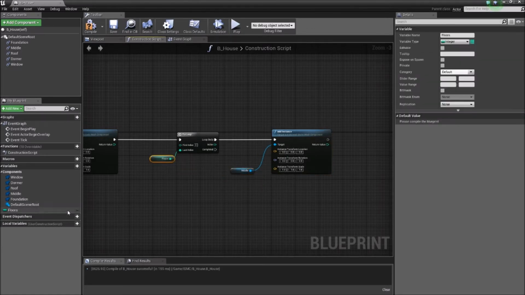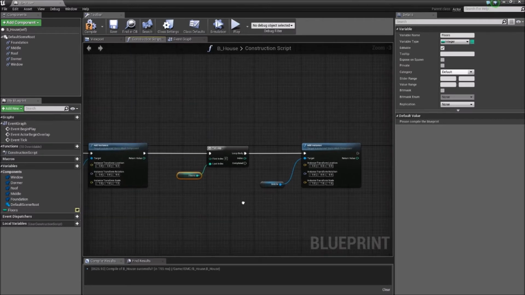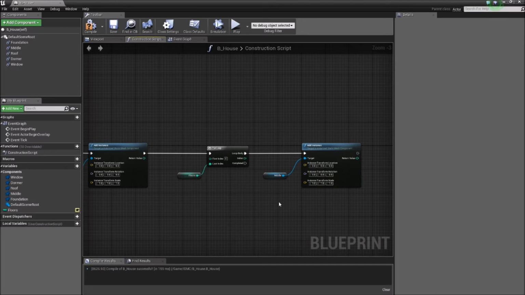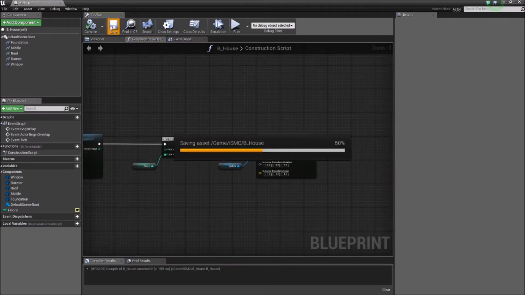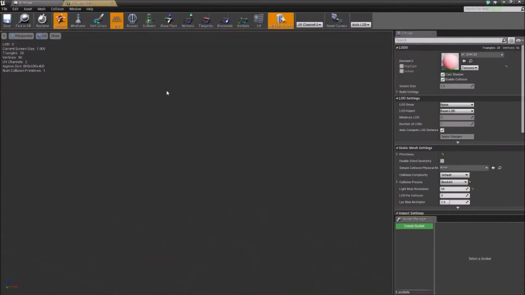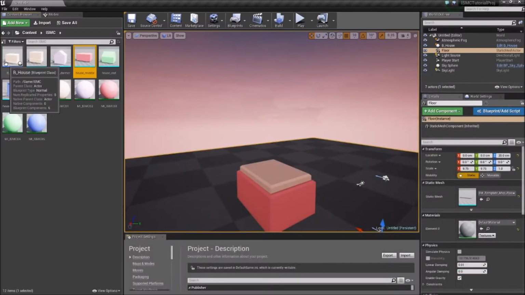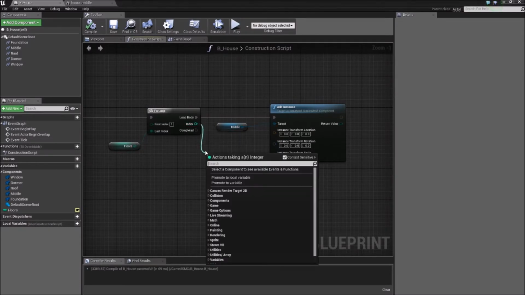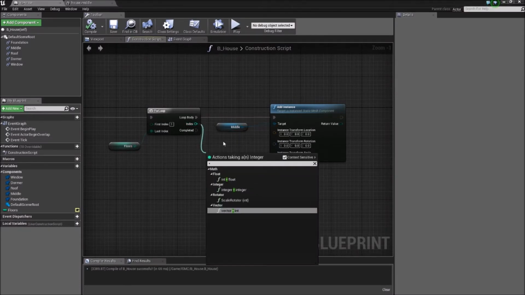Oh, and we want to have the floors variable editable from the details panel in the level editor. So we'll do that, compile and save. And we need to look at the dimensions of our middle section. It is 400 Unreal units tall, and we need to know that for this step because we're going to take the index and we are going to multiply it,